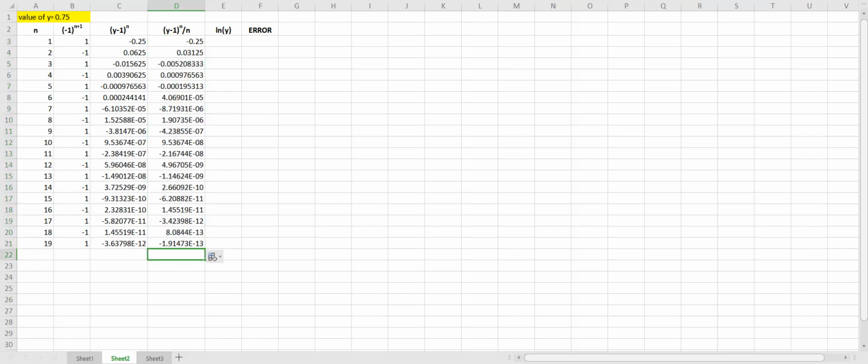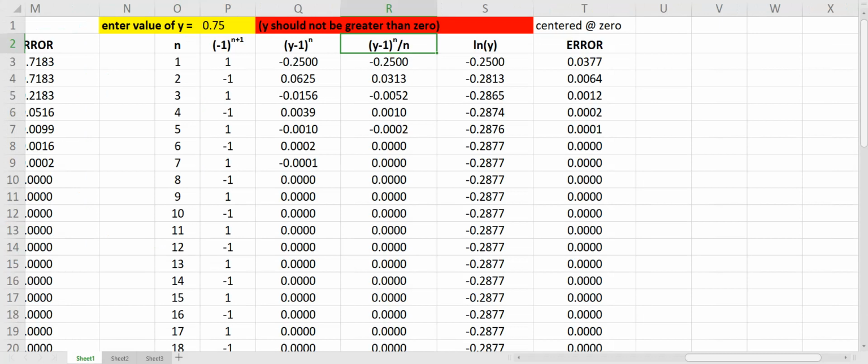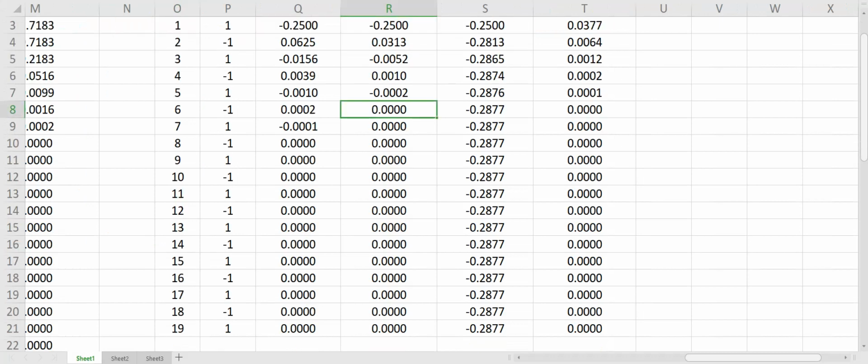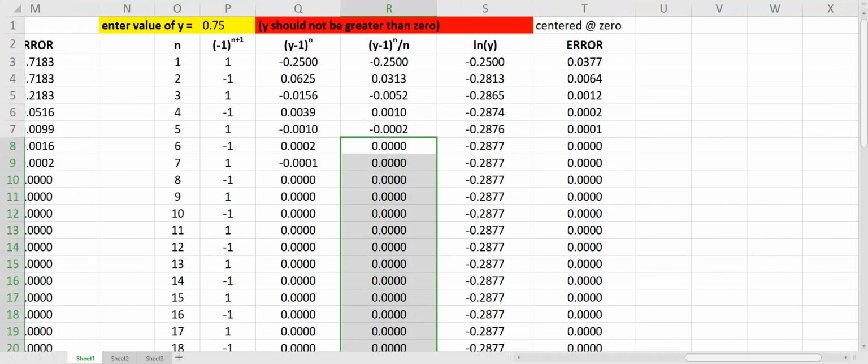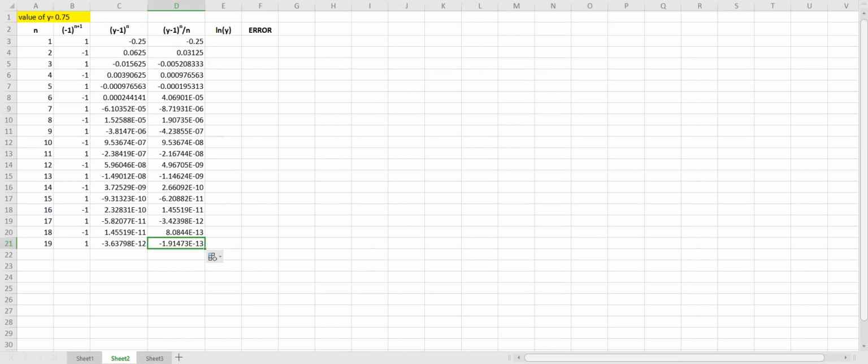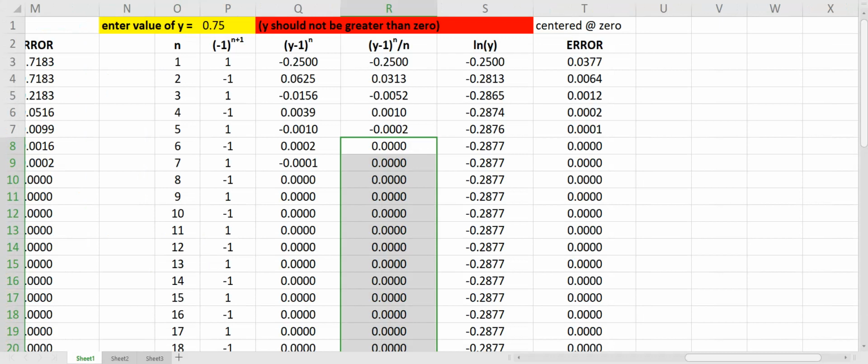So we have another value of (y minus 1) raised to n all over n getting closer to 0. In our spreadsheet 1, we can see that it is now approximated to 0 because it is rounded off to 4 decimal places to make things look simpler. However, here I'm trying to explain what the real approximations look like. It's actually not 0, but it gets closer to 0 as the value of n progresses.